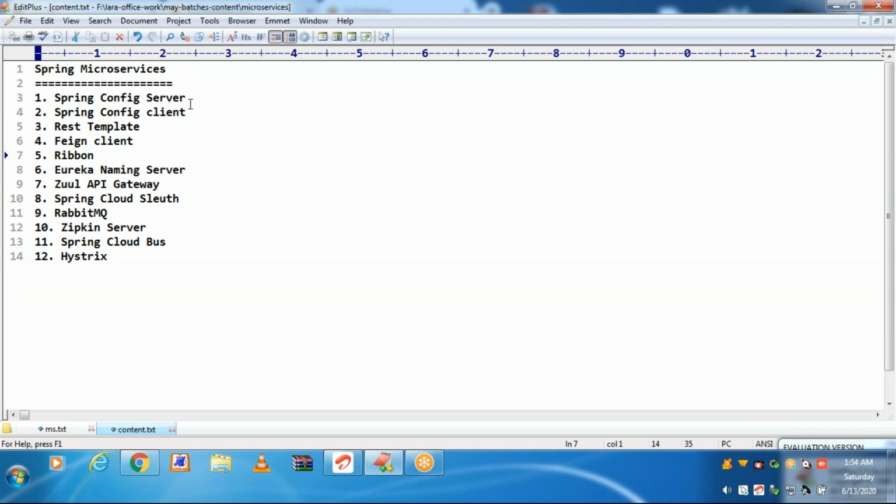The next one, Ribbon. It is mainly used for load balancing purpose. If for a particular microservice multiple instances are there, those multiple instances are used through Ribbon for the load balancing.